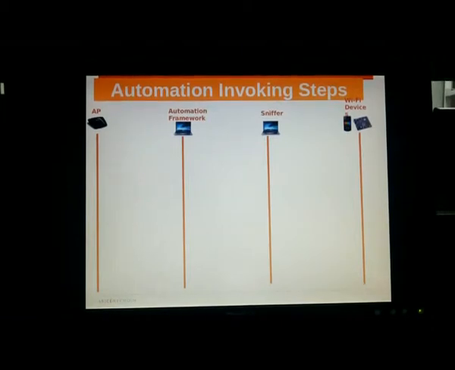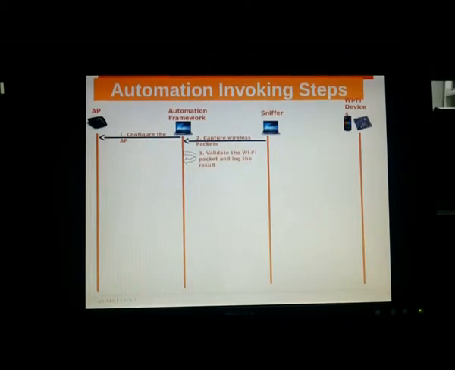Our automation is written in the Perl scripting language. First our automation framework will trigger the AP side script, and we will run our Ruby scripts for configuring the AP. After that we will fetch all the beacon packets with the sniffer, and we will filter out the packets which originate from our AP. Then we will validate the parameters inside the beacon like SSID, extended rates and supported rates.